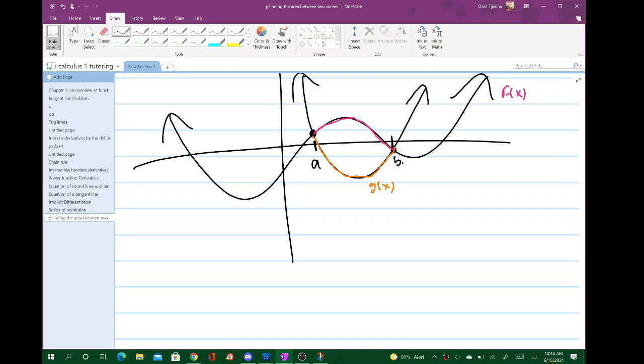So that means that the integral, or the area of this part, so the area between f of x and g of x would be equal to the integral, and it would be from,